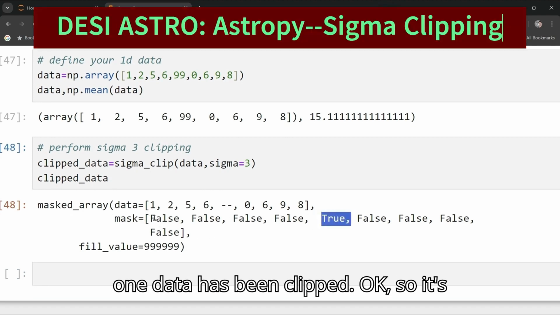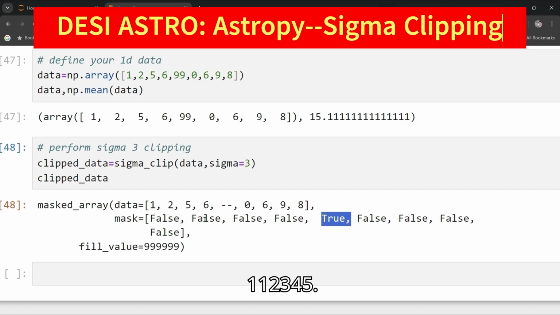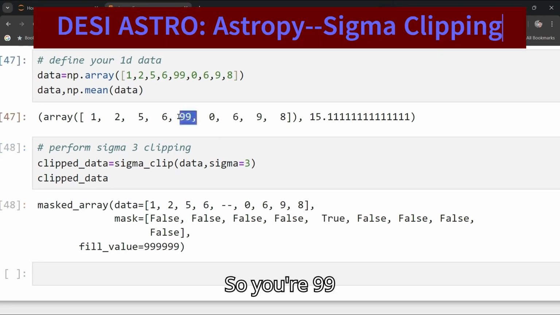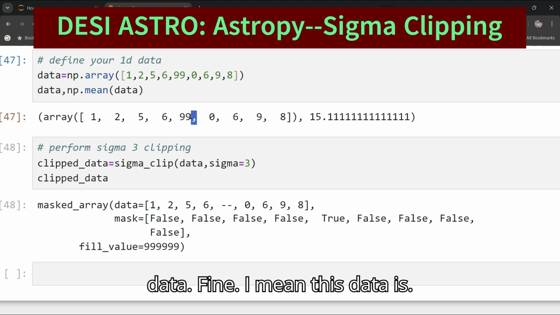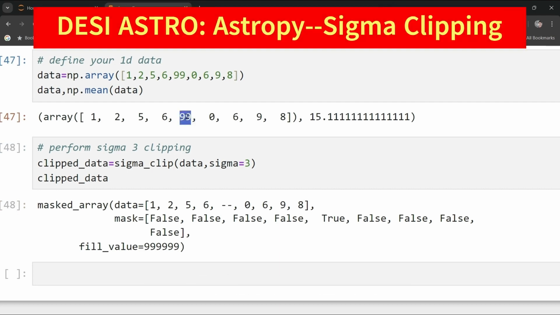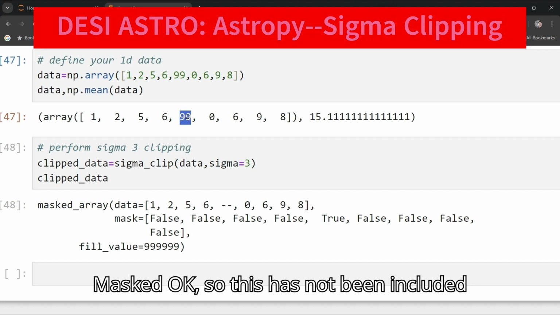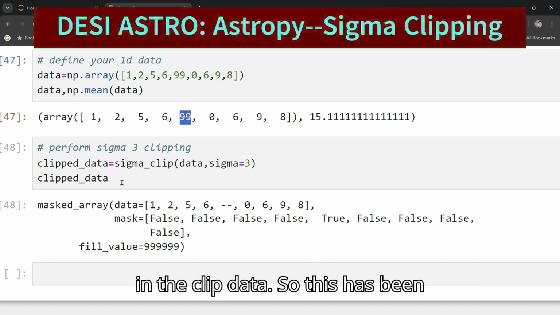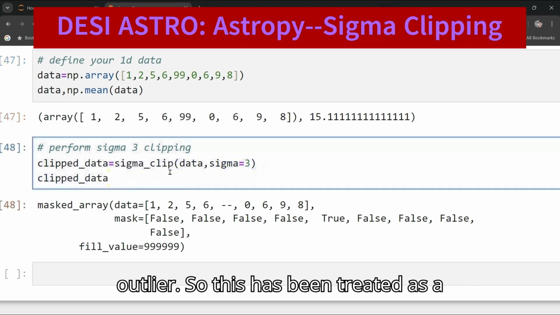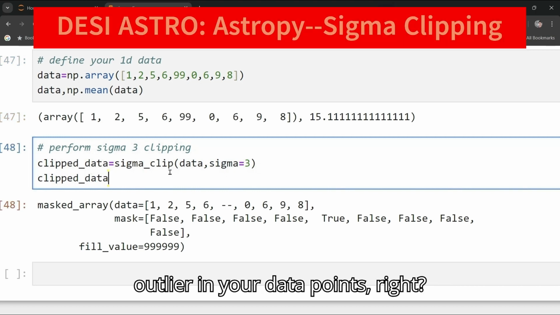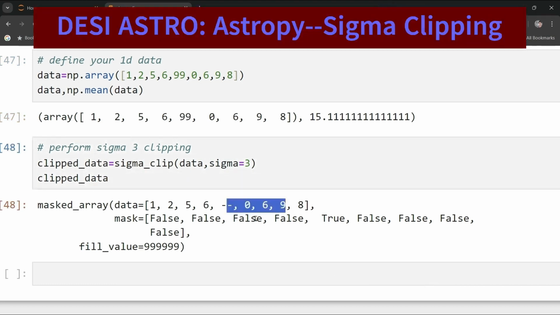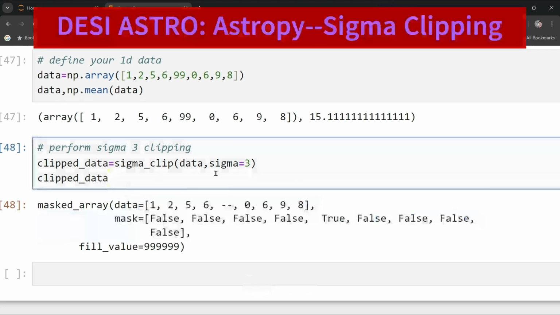It's 1, 2, 3, 4, 5, so your 99 data point is masked. This has not been included in the clipped data, so it has been treated as an outlier in your data points. So this way you can do the